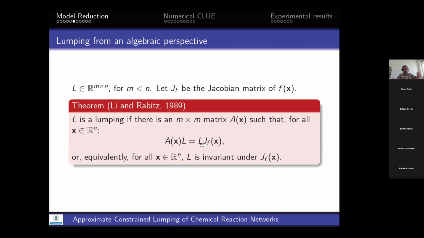So you multiply the Jacobian from the left by L, and it has to be equal to this matrix A of x times L, right? So you can move the Jacobian to the left of L, and it changes in some way that it's just this matrix A. And this has to hold for every point in the space, for every x, and you